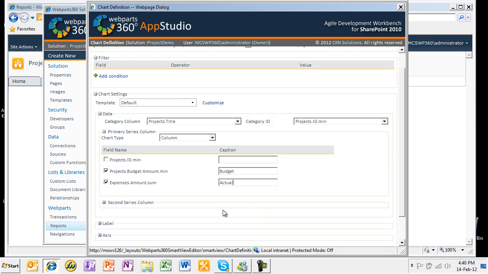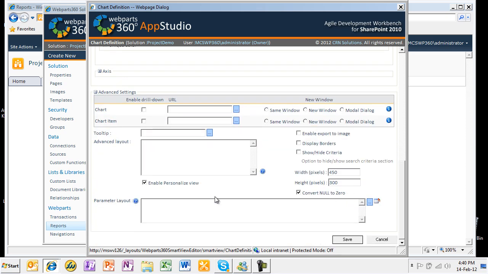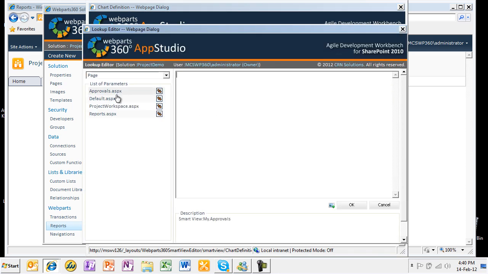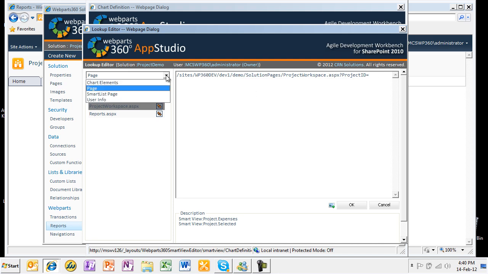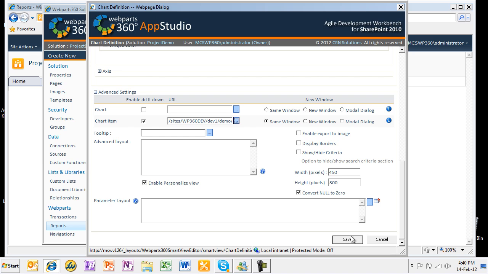Now I go down into my label and I select the different label I want, project summary, and I can go in and say if I click on the chart item, I even want to drill down. In this case, I will drill right into my project workspace, and once again it reminds me I need the project ID, which is now part of my category ID in my chart element. When I save this, okay, I can select the size, I save the report,